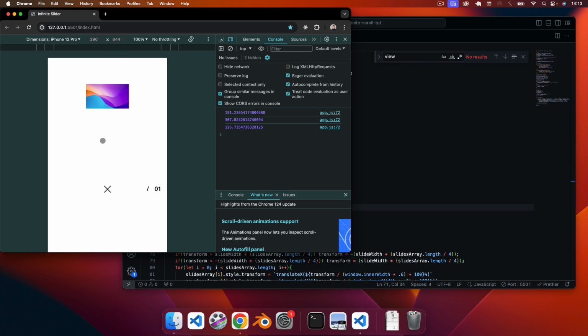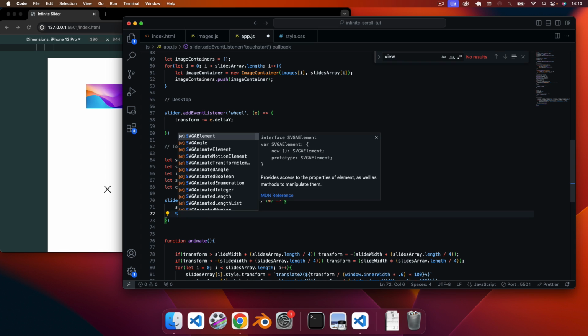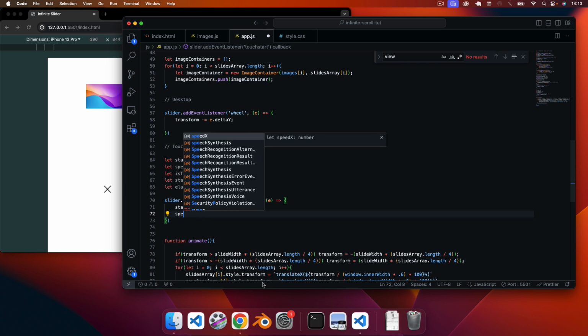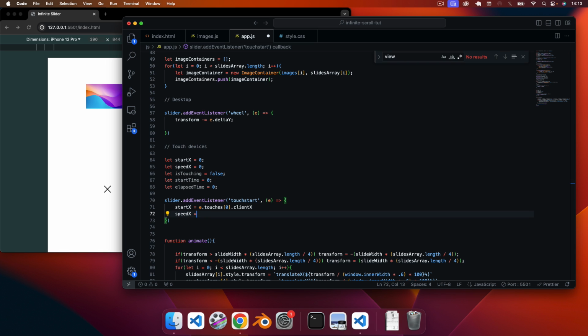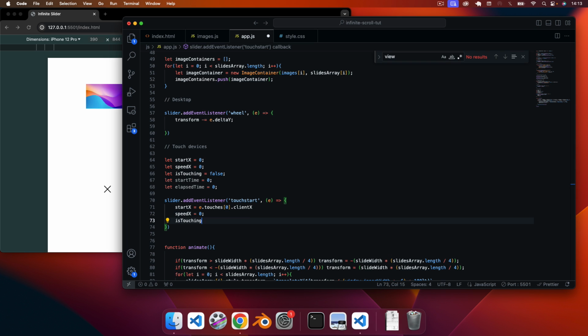Now you can see we get the pixels where we touch on the screen on the x-axis. Okay, and then what we need to do now is say speedX equals 0,